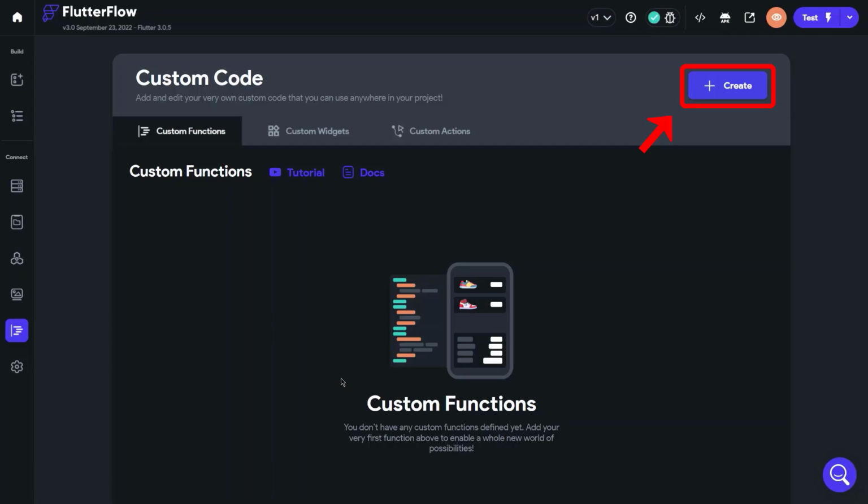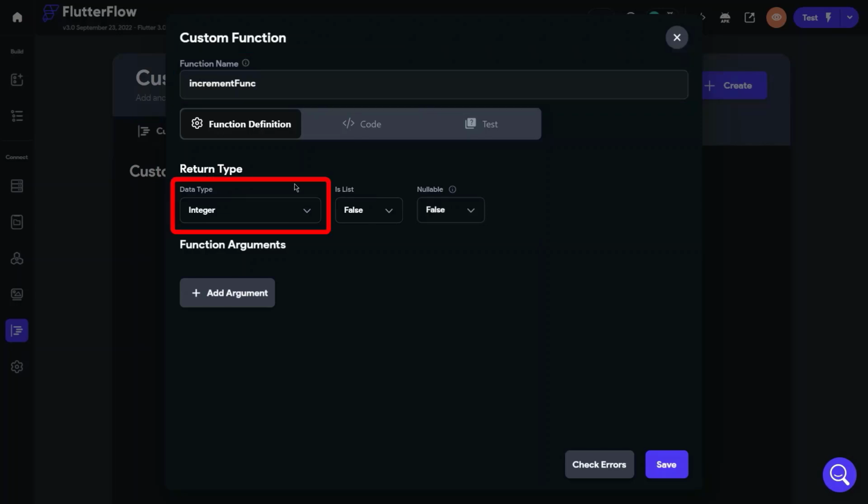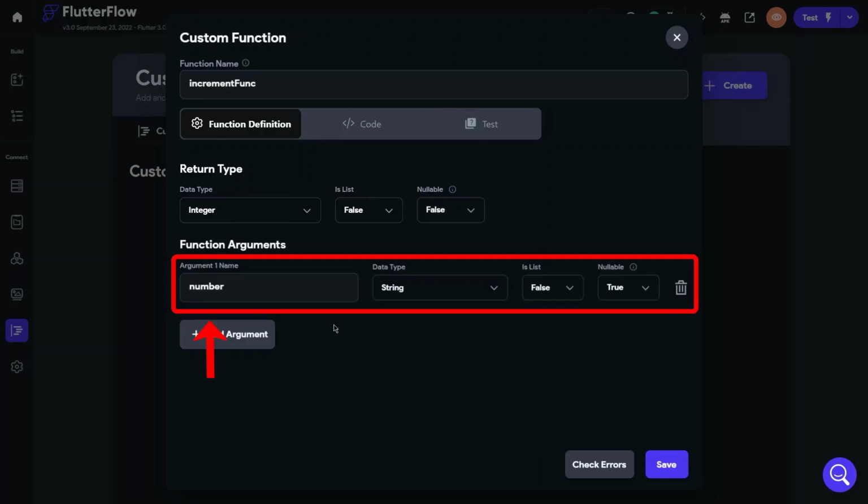After that, we go to the custom function and then click on the create button to open the custom function page. And then here we need to first add a name for our function like this. Then we should define its return type to integer, and after that we should click on this button to add one argument, which we should give it a name like this. Then we should define its data type as integer from here,